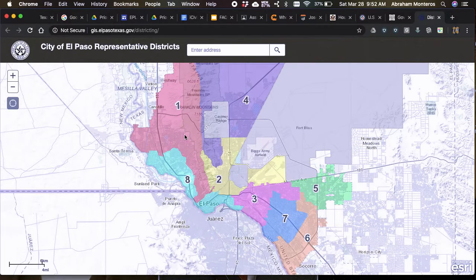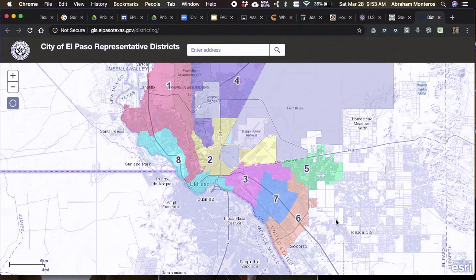So think about District 1 as being like the west side where Sunland Park is, the outlet malls and all that stuff. District 8 is the Segundo Barrio and like UTEP and parts like that. Okay. The rest over here is the east side, District 3, District 7, District 5, and District 6. District 6 is one of the furthest ones, and 5, right? This is, you have to think of the new areas, and this is the lower valley, okay?